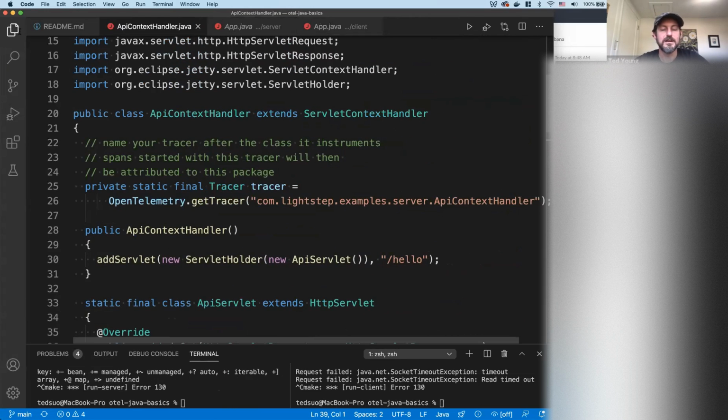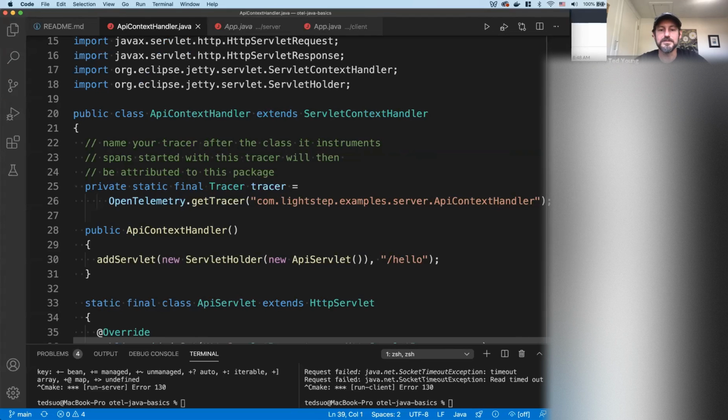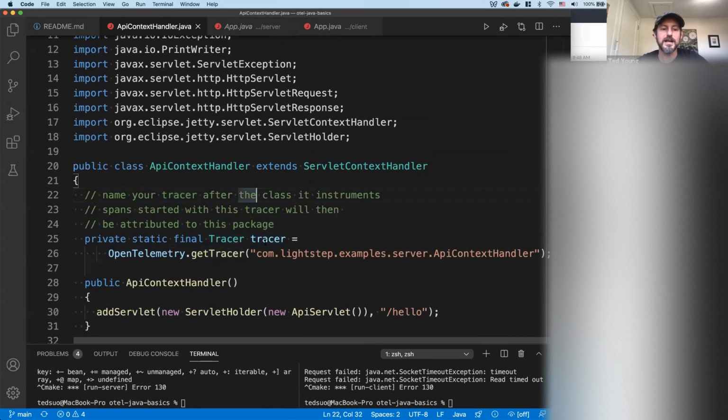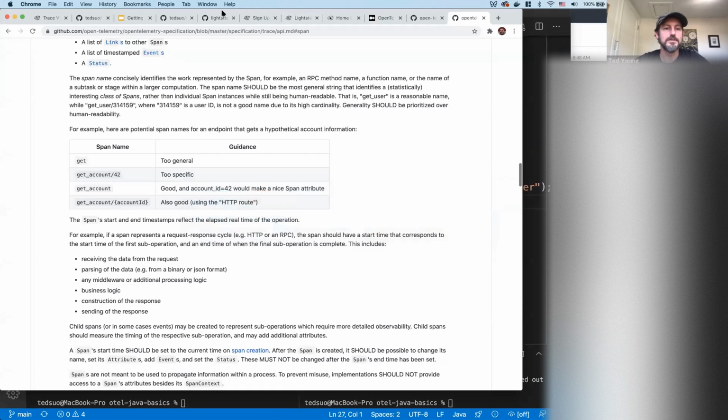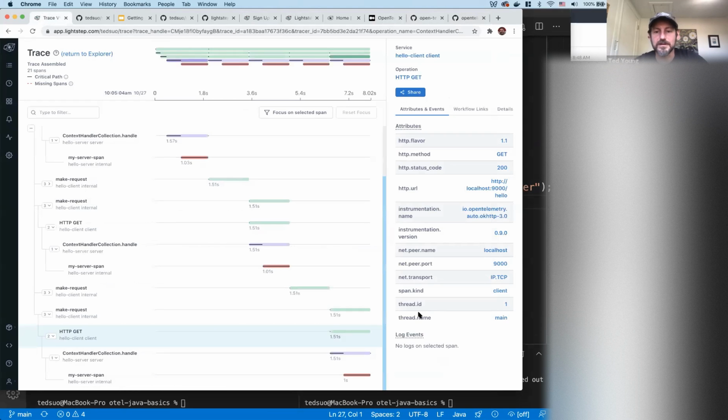The first thing you want to do is get a handle to your tracer. If you're going to be doing tracing related operations in your class, you just want to get a tracer and name it the fully qualified name of your class. This is what lets your backend know where that instrumentation came from.